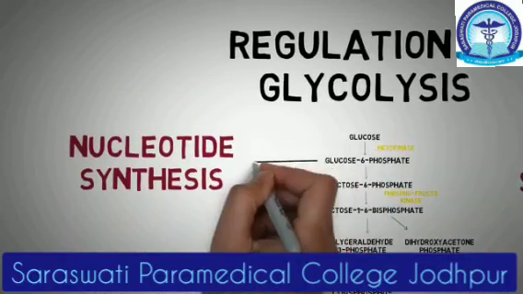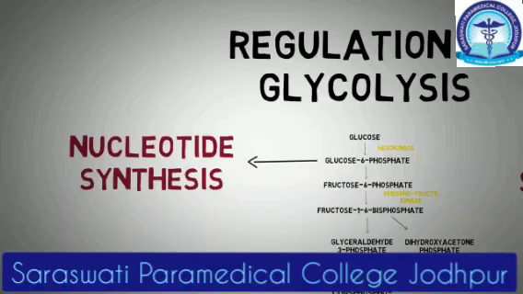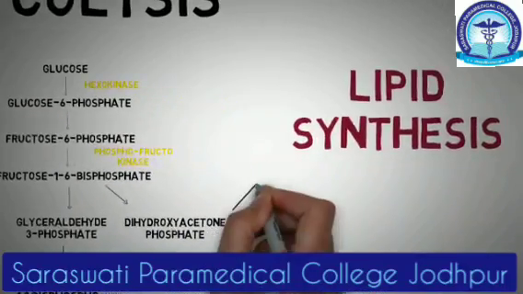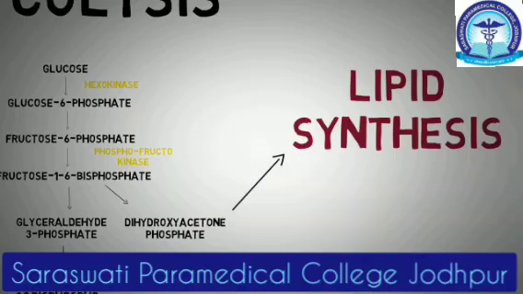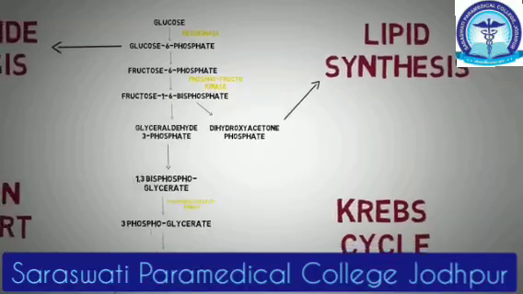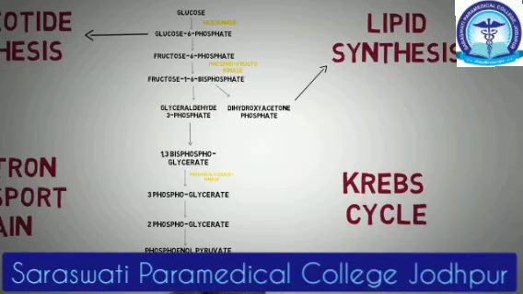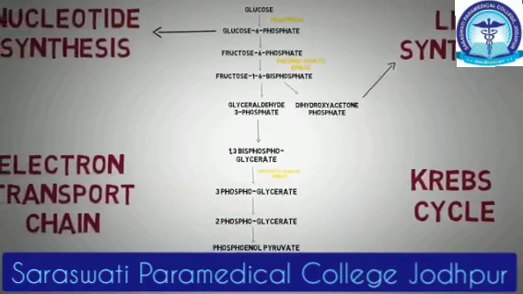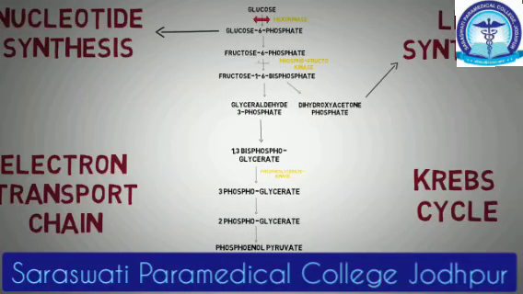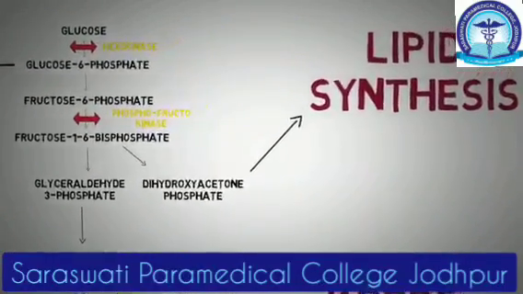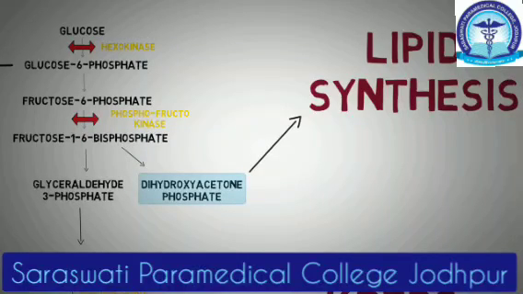For example, glucose 6-phosphate is used to make building blocks of DNA, the nucleotides. Dihydroxyacetone phosphate is used to make glycerol, which is a very important substance for making essential lipids in our body. Pyruvate is important for production of cholesterol and fatty acids. And glycolysis is also very important for the generation of energy. So it becomes important to regulate this pathway at more than one point, which allows the regulation of several pathways to be coordinated.